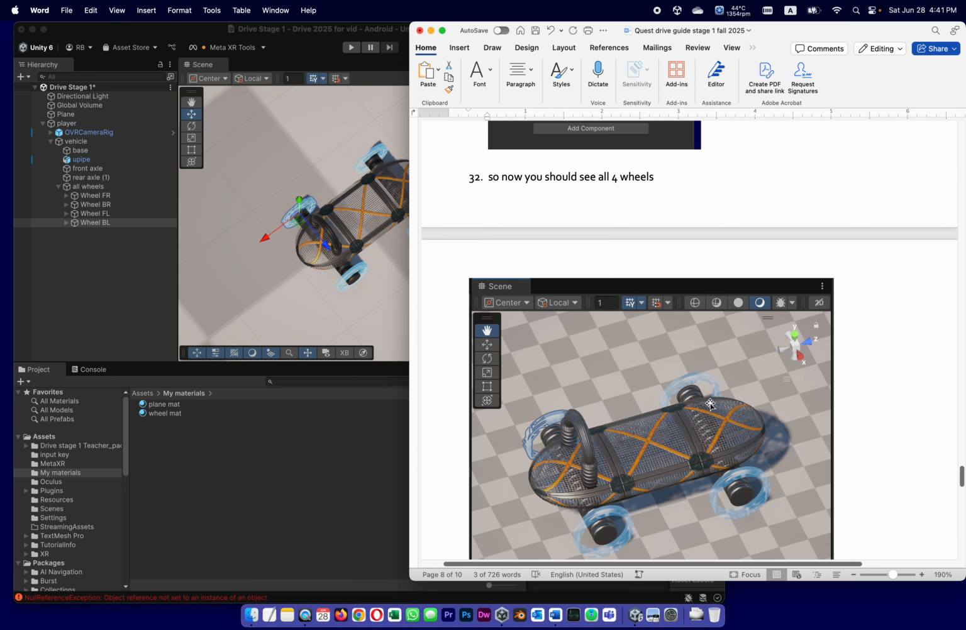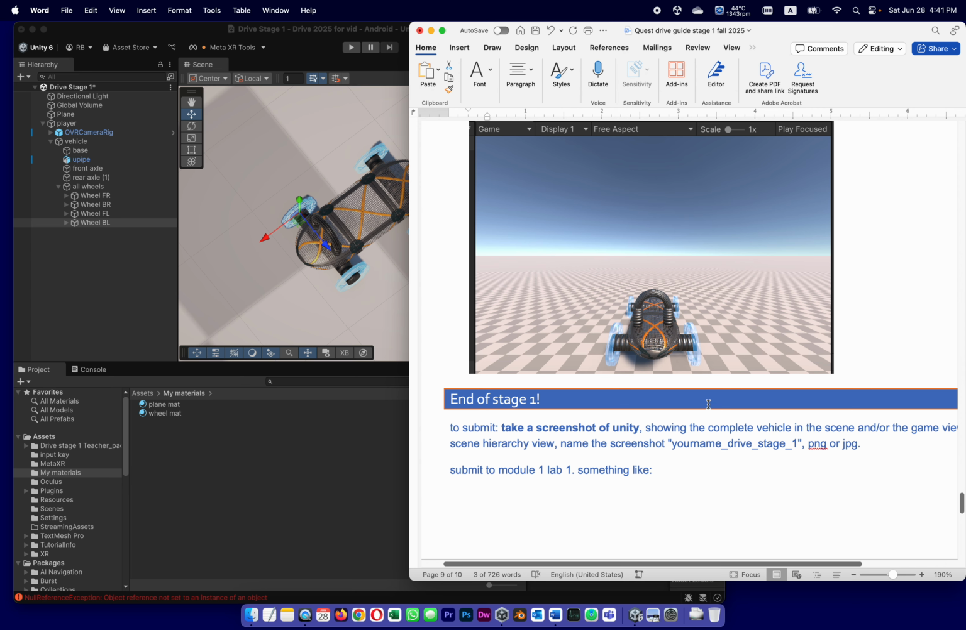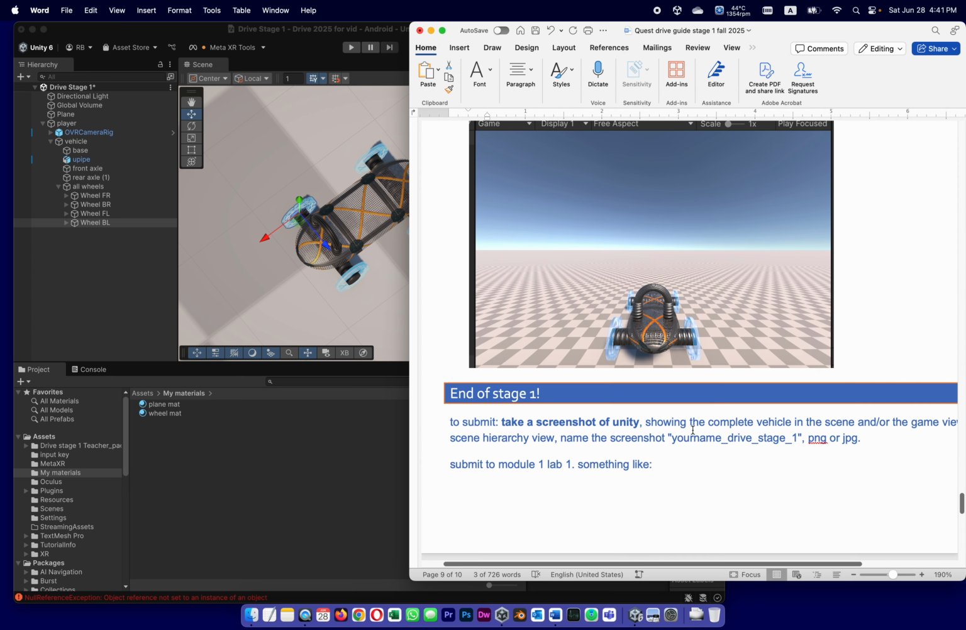Now you should see all 4 wheels. Now look at what you need to submit. It's much simpler than previous projects. To submit, all you got to do is take a static screenshot. In stages to come, you'll have to take a video, but so far nothing moves. So just to prove that you got what you need to have, take a screenshot in Unity showing the complete vehicle